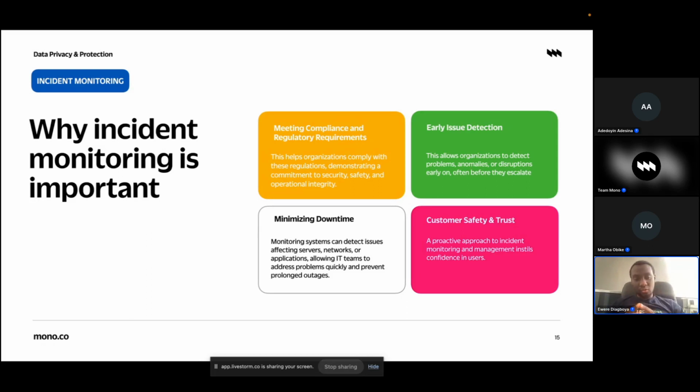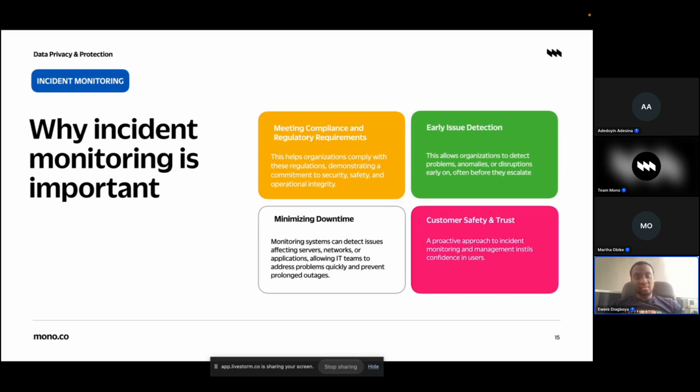Now, when you have an incident management framework or an incident monitoring system, one of the things you have to do is have a monitoring system for your infrastructure and your application services. And then the incident monitoring could be a process around it. We talked about early issue detection. The next is minimizing downtime. If you can detect an issue early, it means that you can mitigate or avoid a downtime ever happening. This will obviously reduce the downtime you or your customers will encounter in your system. They will have a smooth sailing system and 100% uptime at all times.